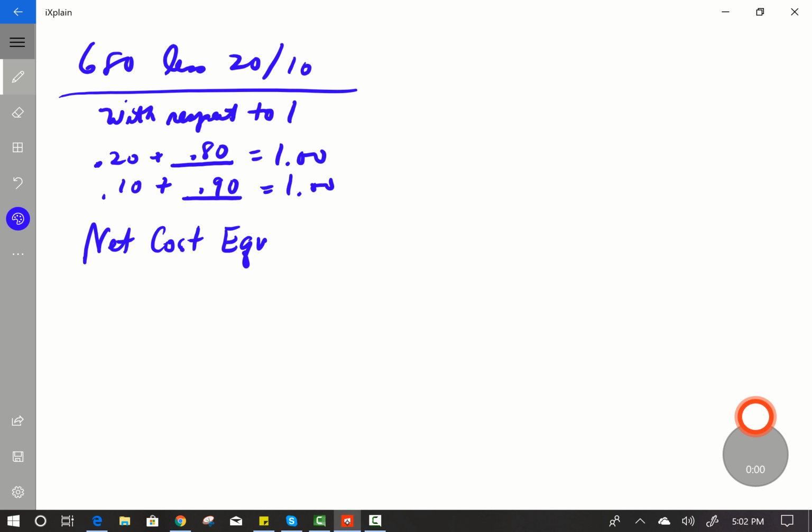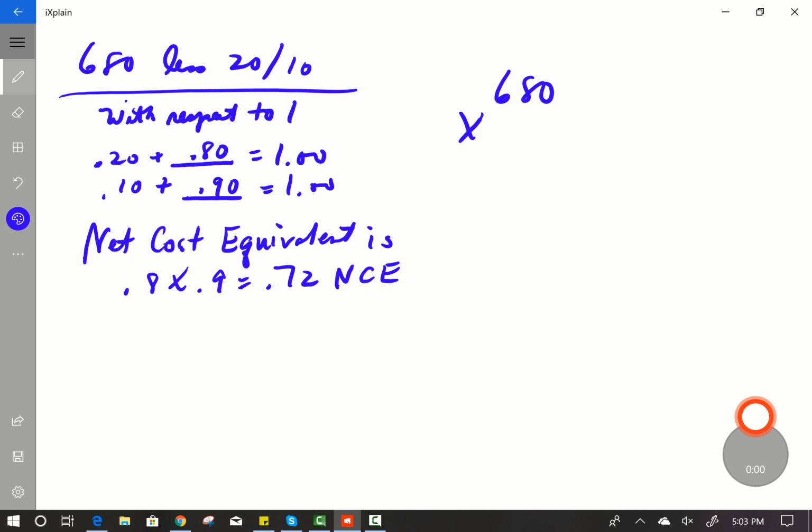Okay, so the net cost equivalent, this is a new term here, the net cost equivalent is 0.8 times 0.9, which is equal to 0.72. I'm going to refer to that as NCE, the net cost equivalent. Now all I'm going to do is take 680 times 0.72 as a decimal value, and remember this 0.72 is the net cost equivalent, and then the 680 is the list price,